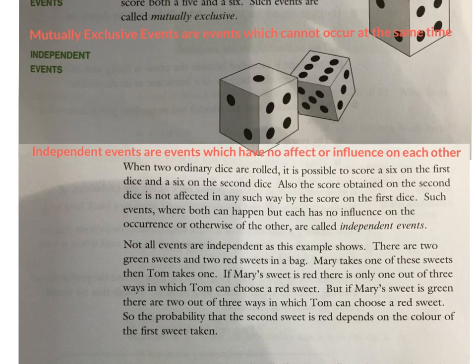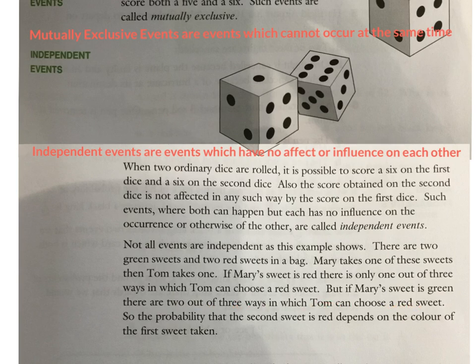Now, not all events are independent, as this example shows. There are 2 green sweets and 2 red sweets in a bag. Mary takes one of these sweets, and then Tom takes one. If Mary's sweet is red, there is only 1 out of 3 ways in which Tom can choose a red sweet. But if Mary's sweet is green, there are 2 out of 3 ways in which Tom can choose a